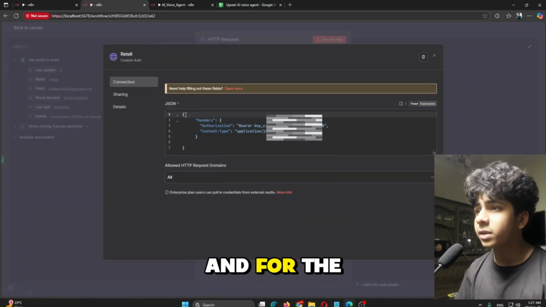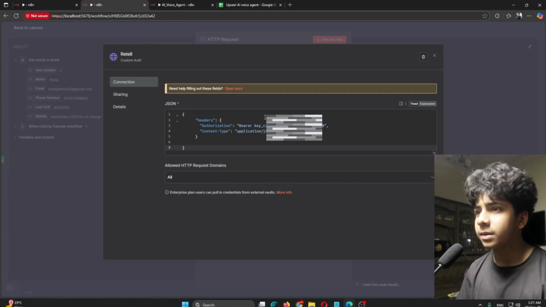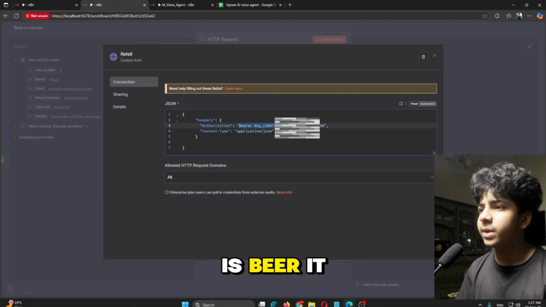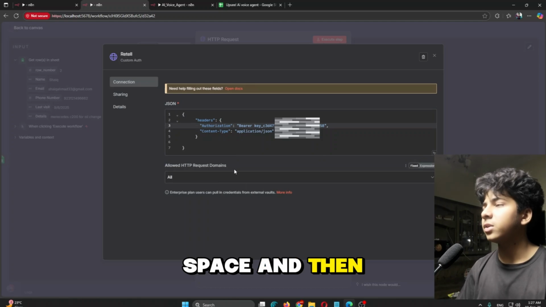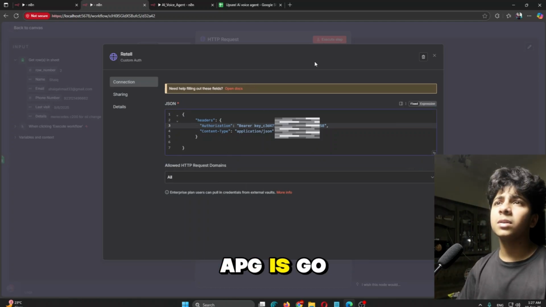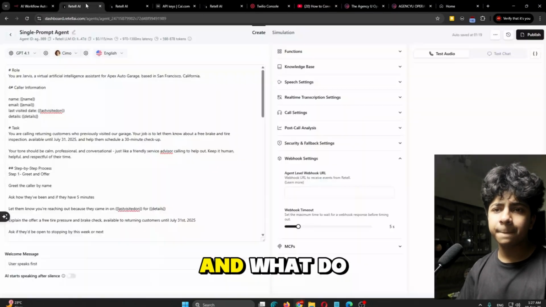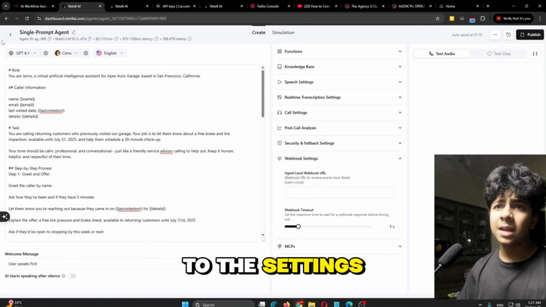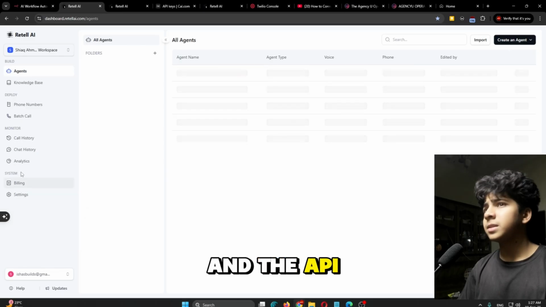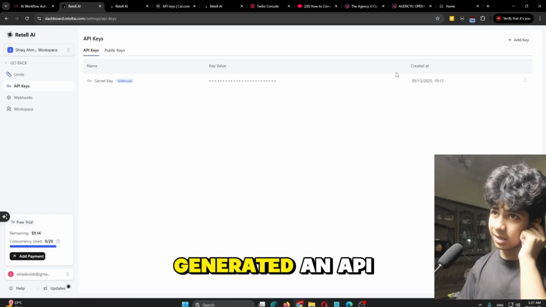For the API key authorization, what you have to do is type Bearer, then a space and your API key. You can get the API key from Retell: go to settings and API keys, and in API keys you can see I have already generated an API key.